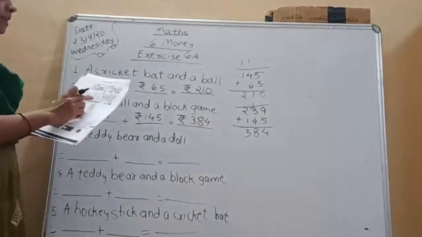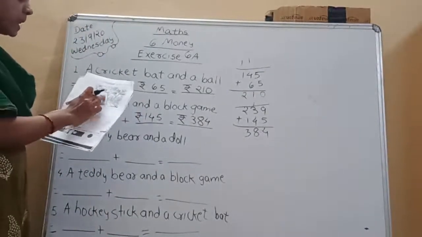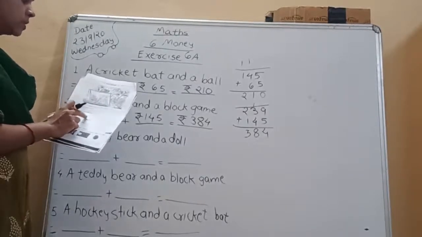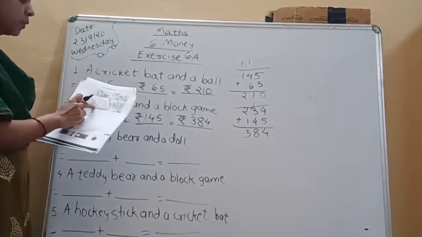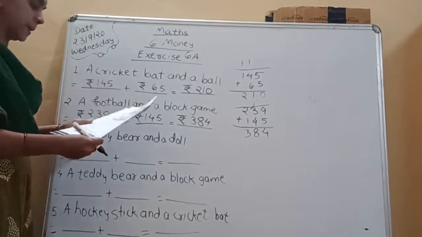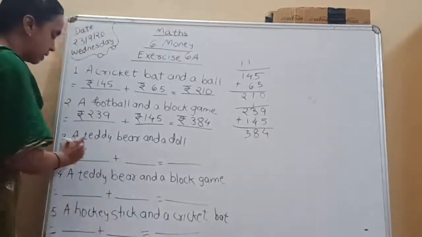Now see third example. A teddy bear. See this teddy bear. What is the price of that teddy bear? Rupees 230. And a doll. See, this is a very beautiful doll. What is the price of that doll? Rupees 95. So what will we write here? Rupees